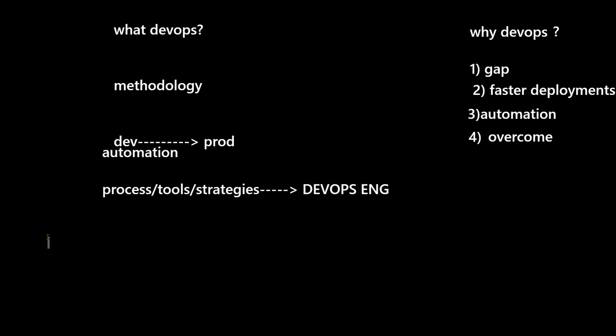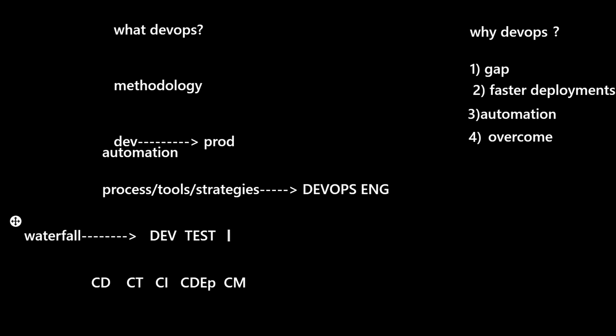So how can we define DevOps? The process of continuous development, continuous testing, continuous integration, along with continuous deployment and continuous monitoring is called DevOps. If you want me to compare it with traditional methodologies like waterfall, the main phases are development. After development, testing begins. After testing, there will be deployment. After deployment, monitor the application, the servers, the infrastructure. But in Agile, yes, we have got